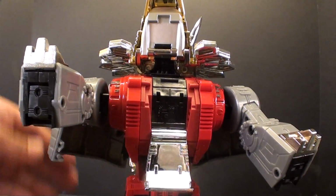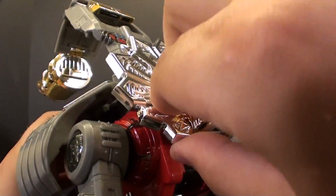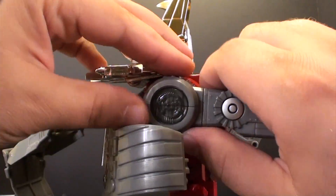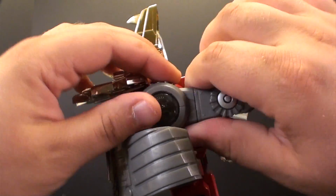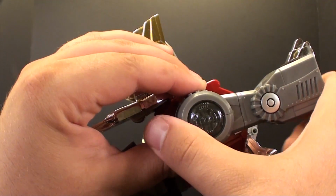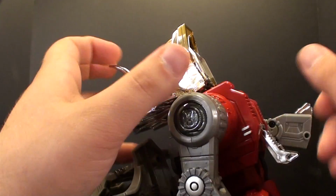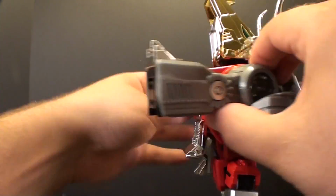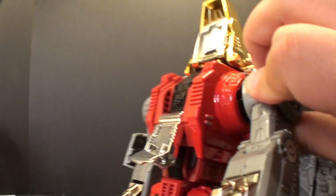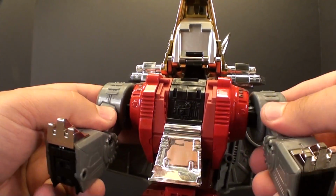So we'll come up to the top of the robot here, and we'll start by taking these little pieces of his head and flipping these on in. And then you want to take these, and they don't extend far, but they do extend just a little, and you can barely see it. I'll push it in and pull it out. Not very much, there's no real noise. Just pull it as much as you can on both sides here. Pull it out. I almost don't even know how necessary pushing that is, but whatever,